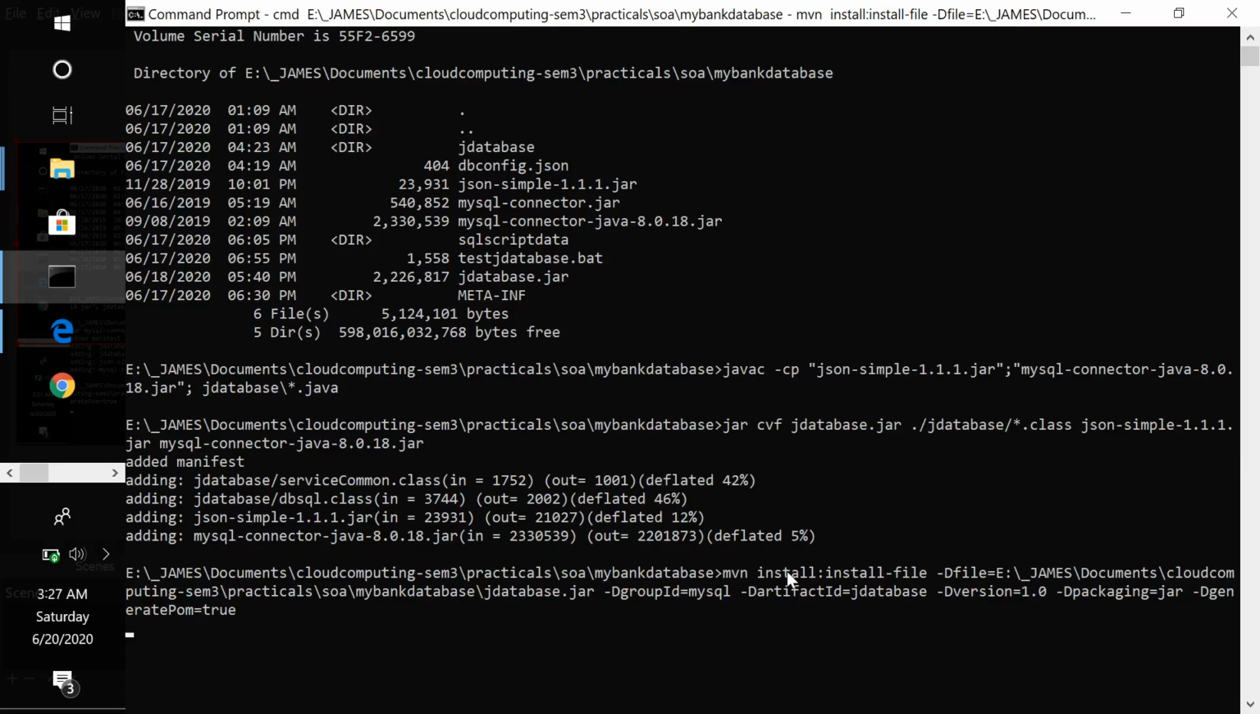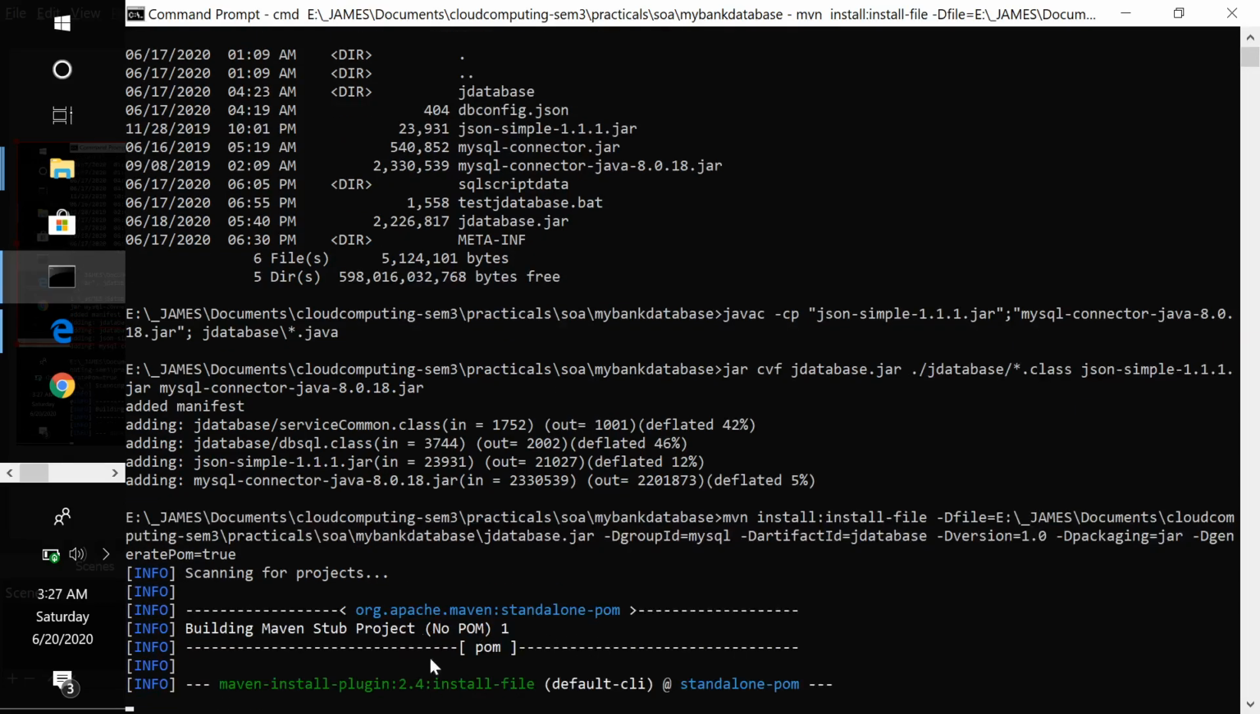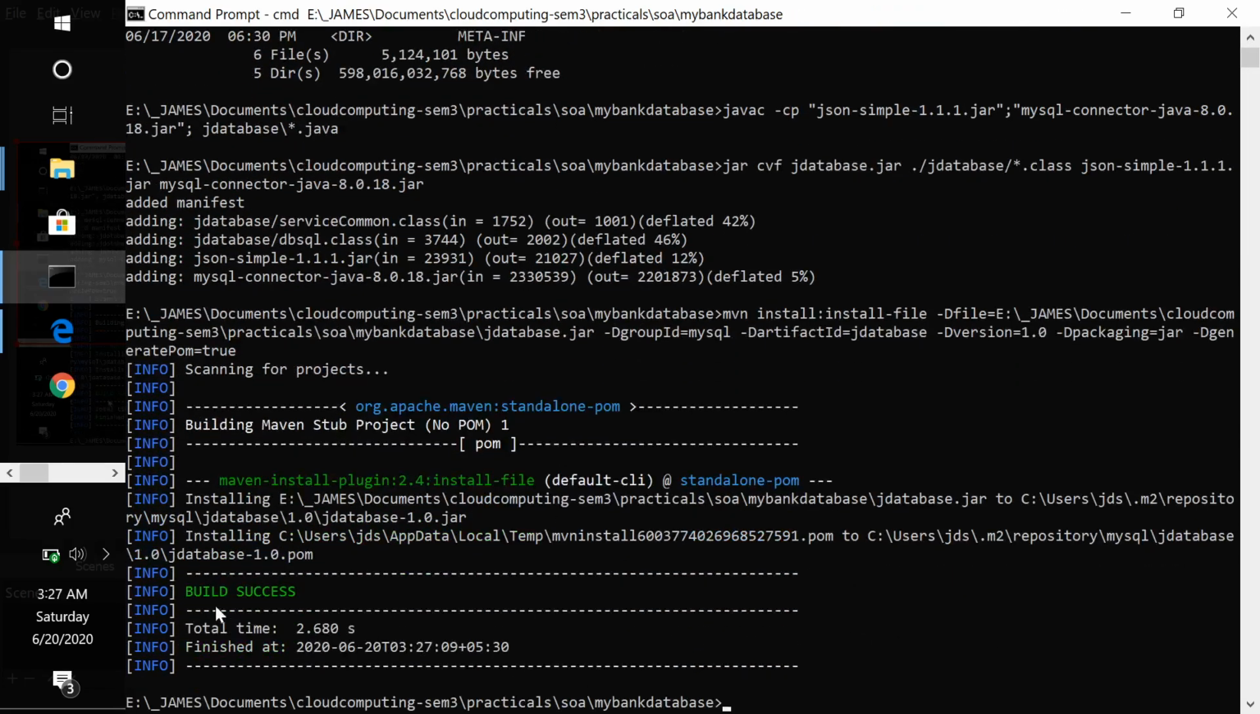Oh, why is it taking time? Yeah, so it has gone ahead and it is saying it is installing jdatabase.jar to which folder? c:users.m2 repository mysql. So this is the folder. If you want to know which is a Maven repository folder, this is the folder. Okay, if you open this folder,